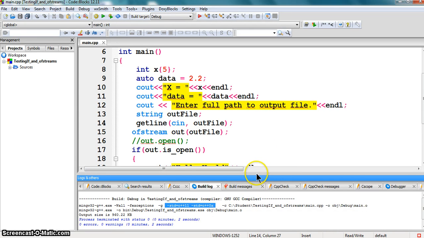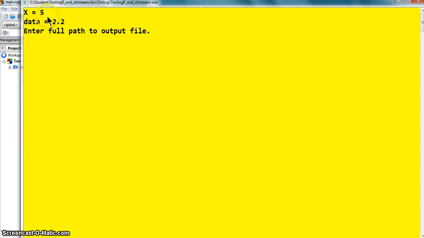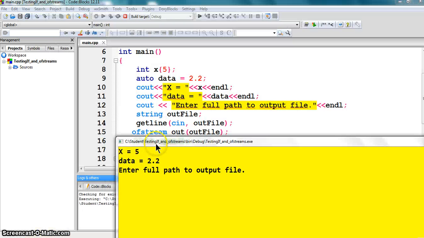Now I can run it. For running, we click on the green arrow, and it gave us x equal to 5, data equal to 2.2. That means this feature here worked, this feature here worked, and it's asking for the file name. So I'm going to put the file name as